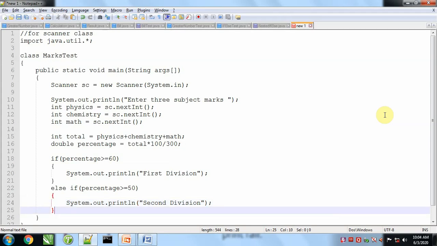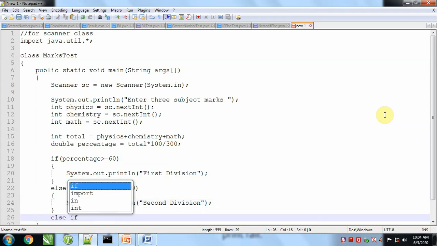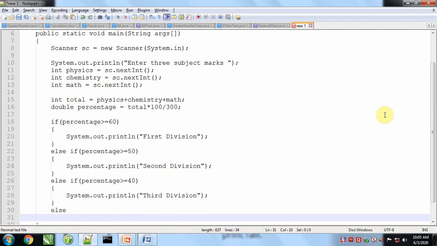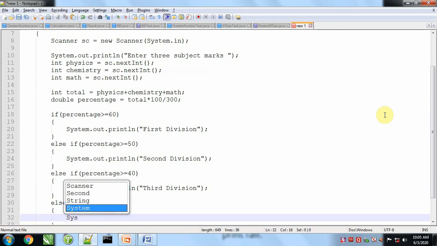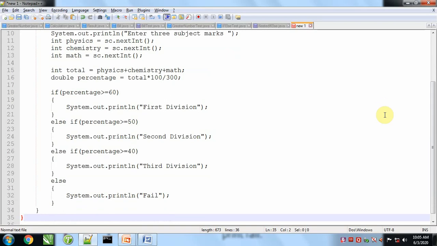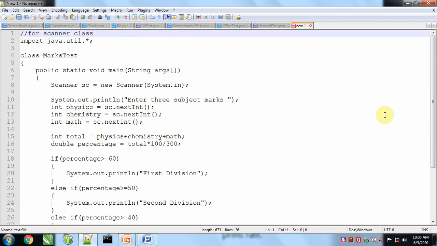The third condition is this: else if percentage is greater than or equal to 40, then third division, else he will fail.